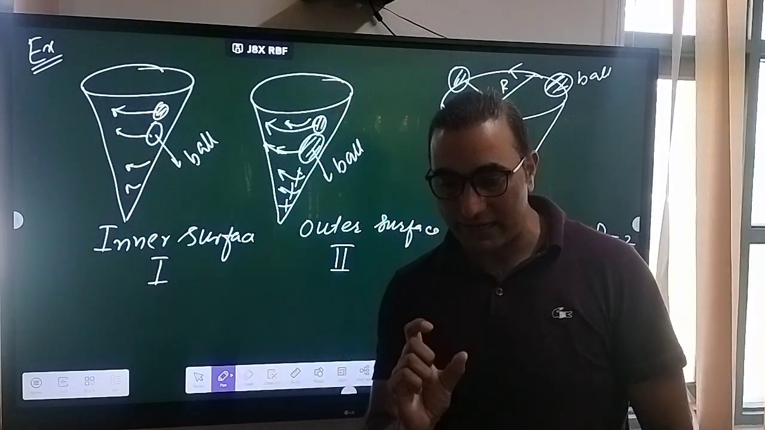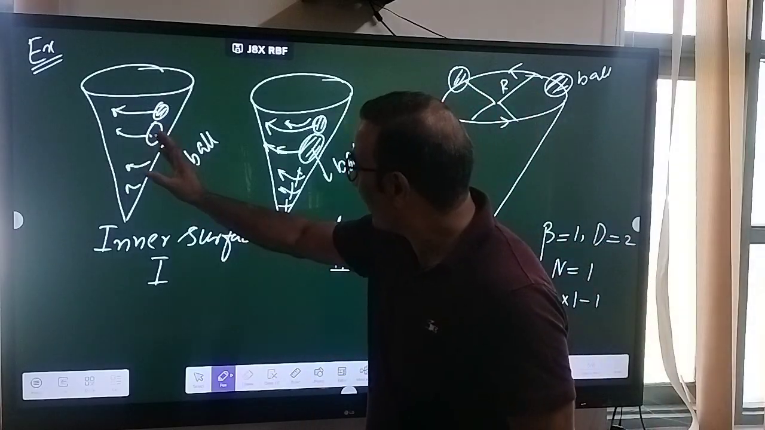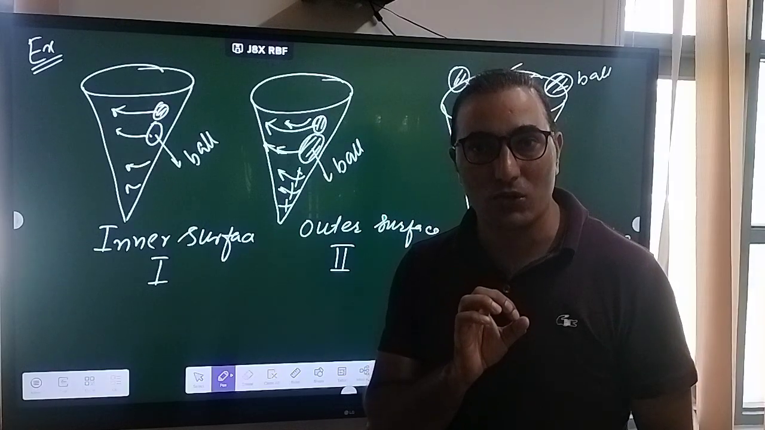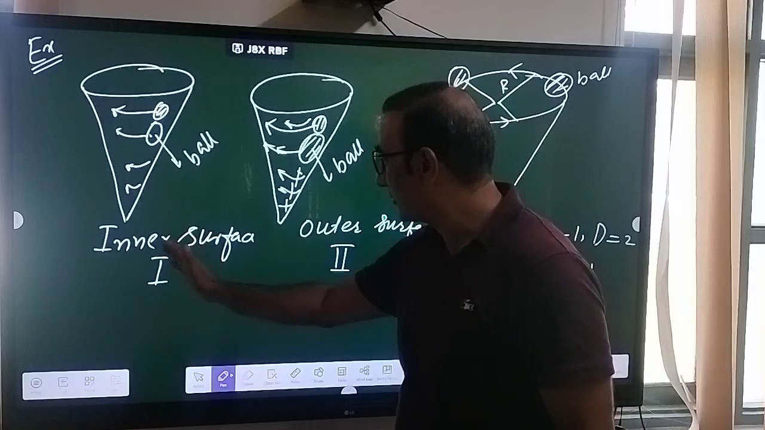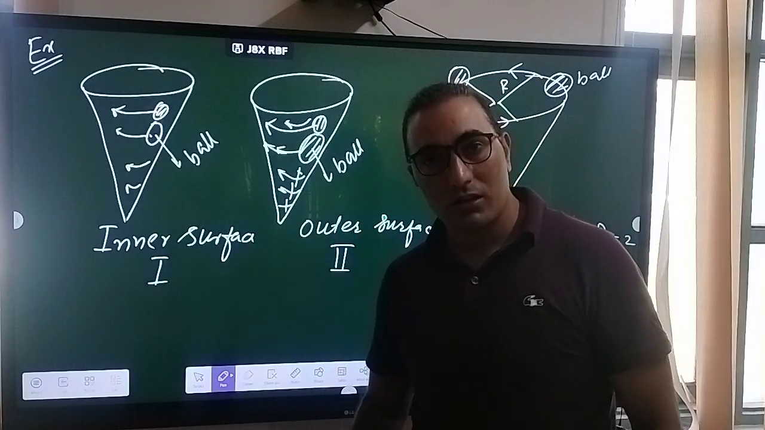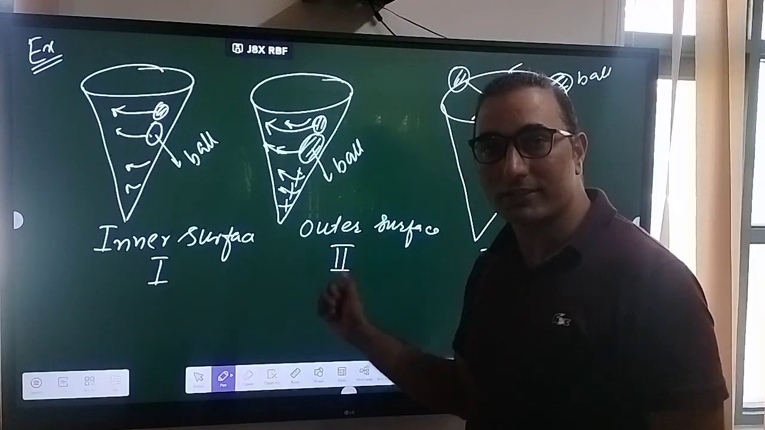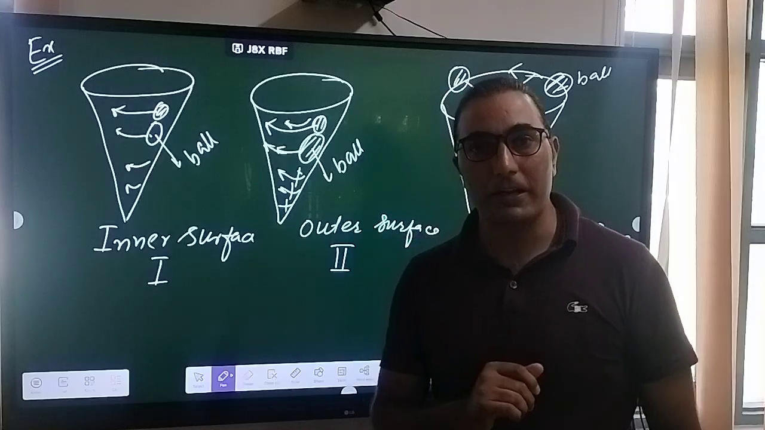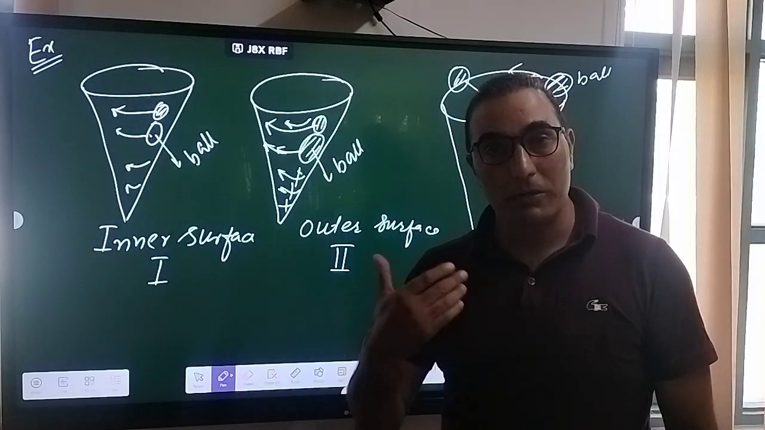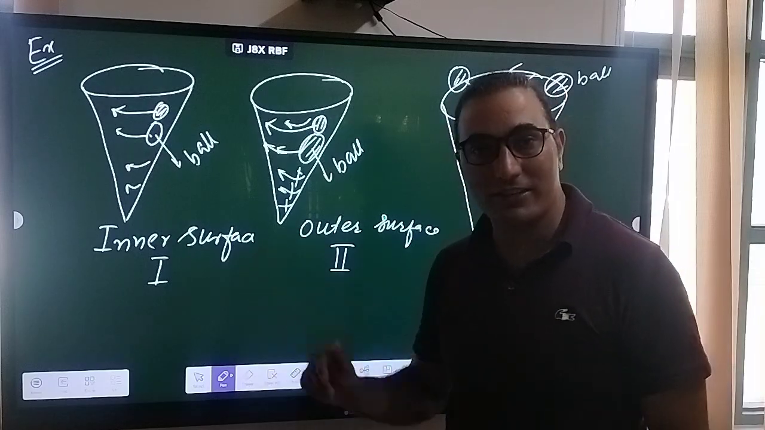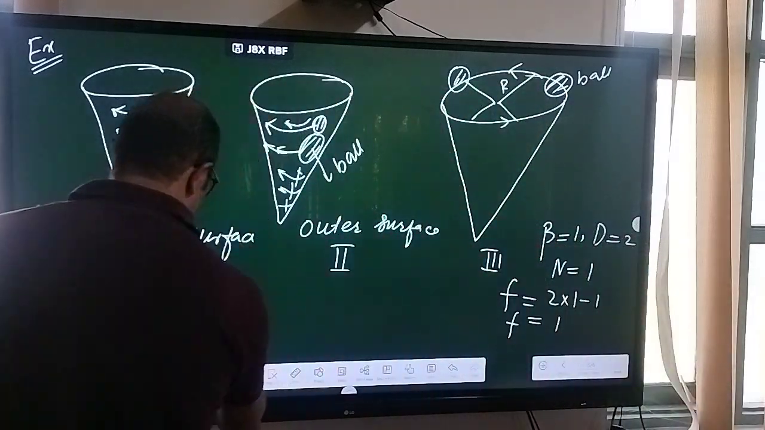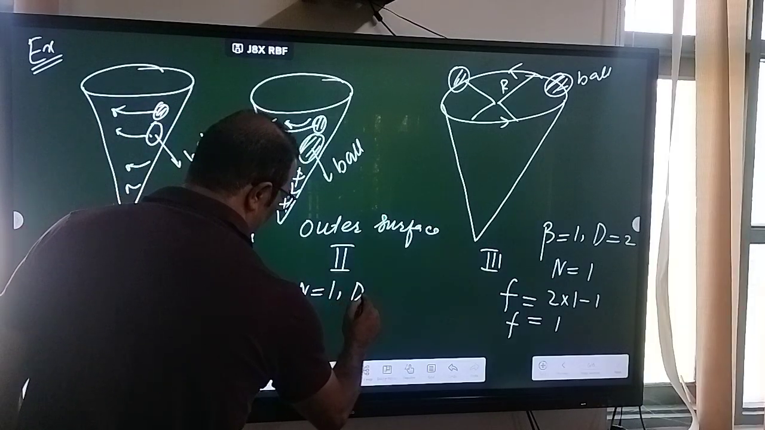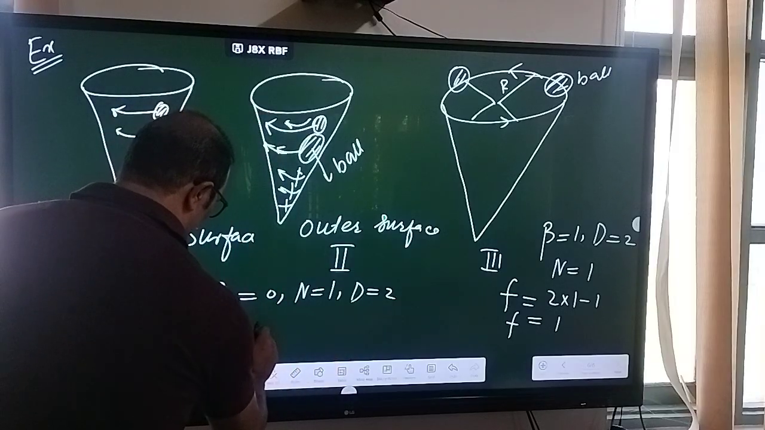So that means the radius at the different regions of that inner and outer surface will not remain constant. So that means there is no constraint involved in these two cases when the ball is moving on the inner surface or on the outer surface. So that means in these two cases the beta, the constant, will be equal to 0. So that means in these cases beta equal to 0, n equal to 1 and d equal to 2. So that means f will be equal to,